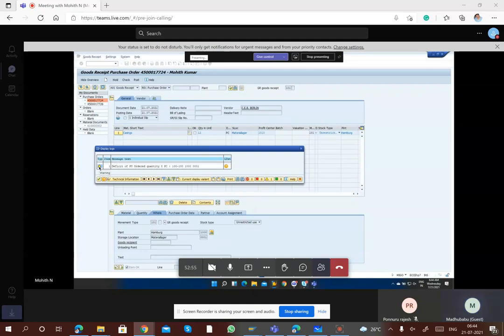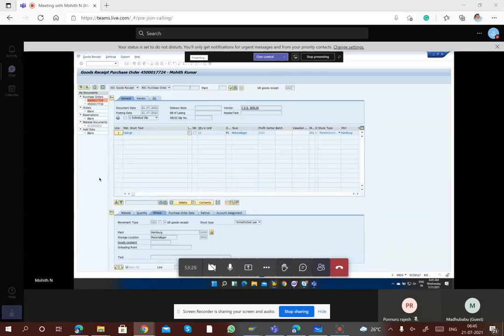When you have a yellow symbol here, it means it's just a warning. When you have a red symbol, it is an error which will not allow you to move ahead. When you have a green symbol, it means it is showing a message. Once you save this document, you'll get a message at the bottom saying that this document is created. So that is a message. Again, yellow is a warning which you can neglect and click on continue. In 99% of the cases on SAP, when it is an error, you have to resolve it for sure.